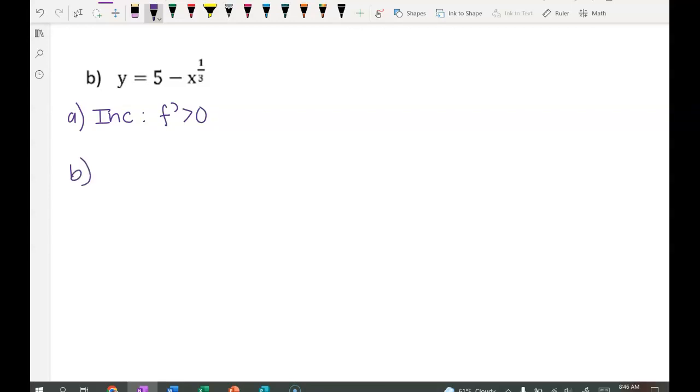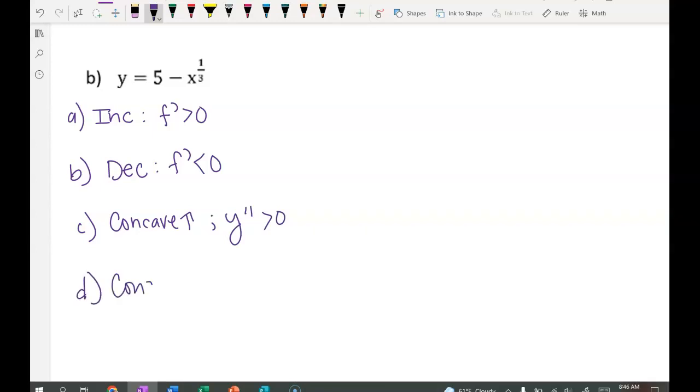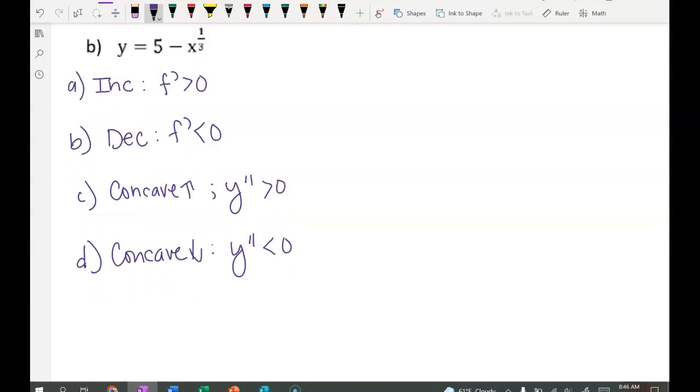Then B wants us to state the decreasing interval, which is when the first derivative is less than 0. C wants us to find concavity. So concave up is when the double derivative is bigger than 0. Then concave down